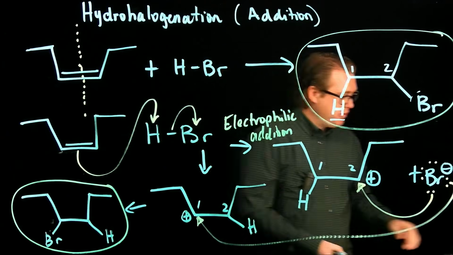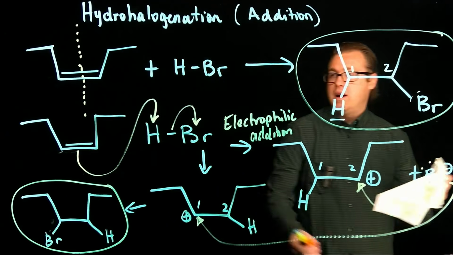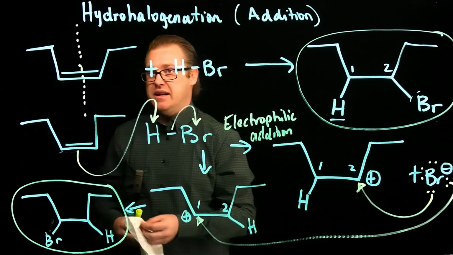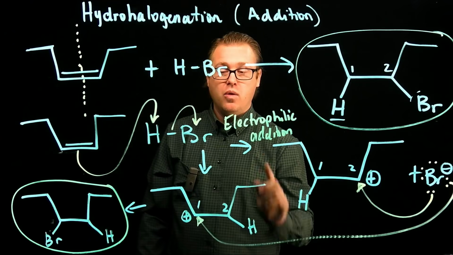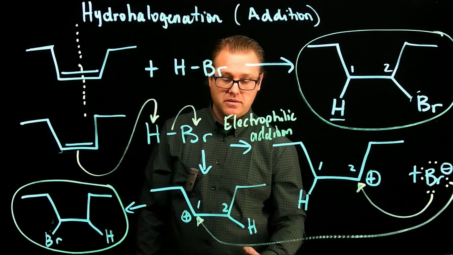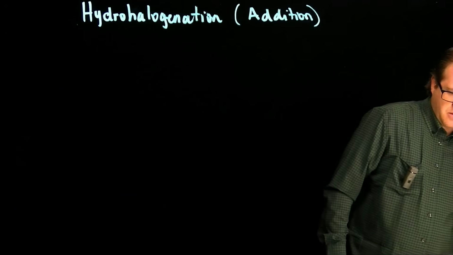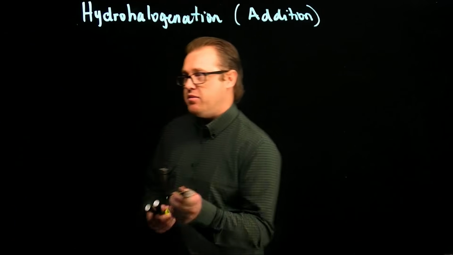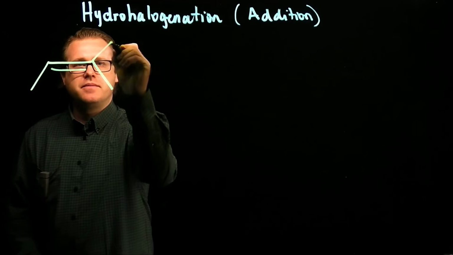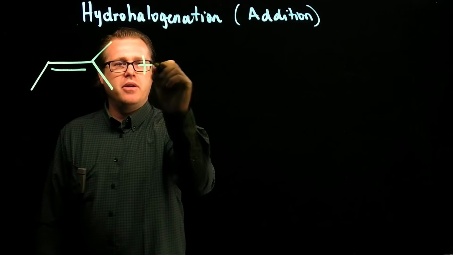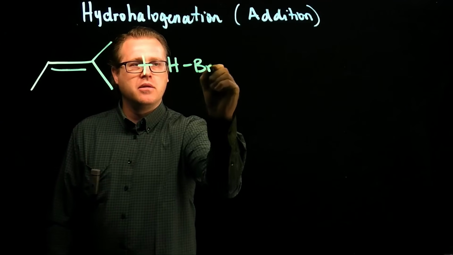But hopefully you can see where I'm going with this now. What if your alkene is not symmetrical? Then it does matter where the hydrogen goes. So an example of an unsymmetrical alkene would look something like this. If we treated it with HBr,